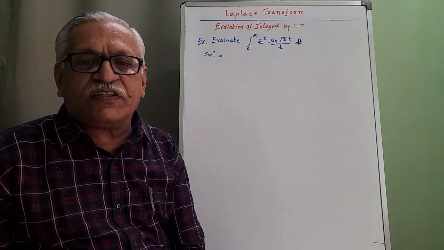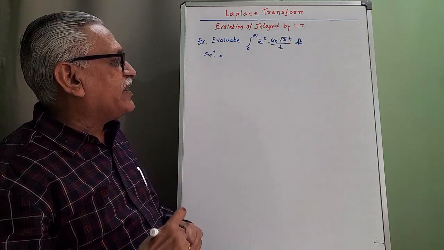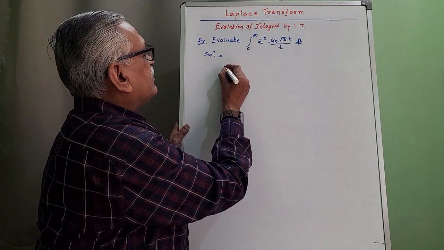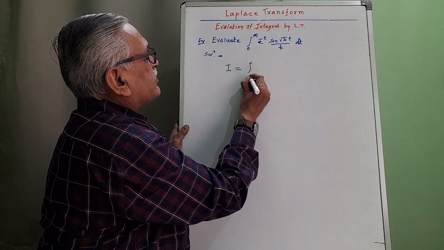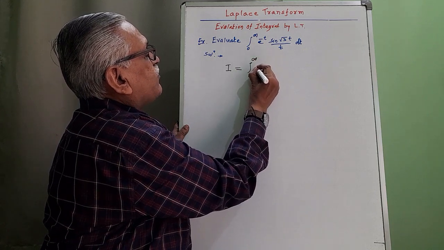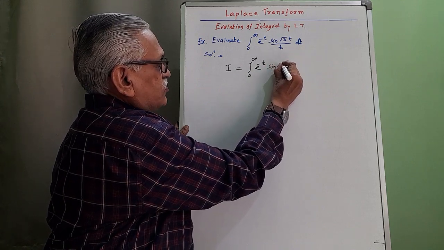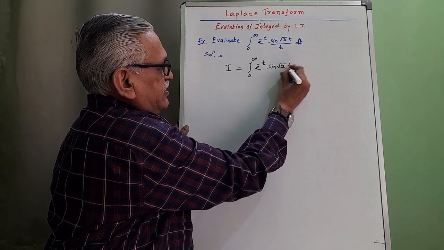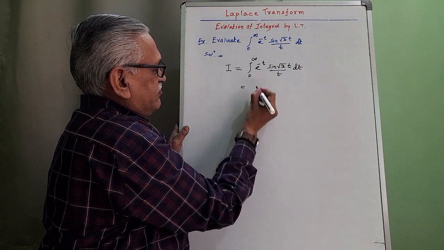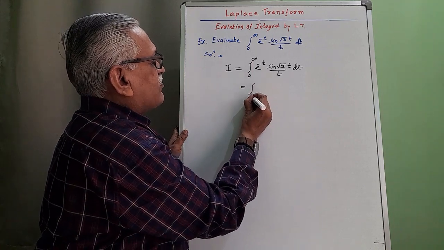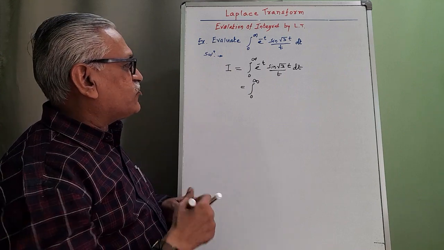Whenever we have to evaluate any integral by Laplace transform, we try to convert this into the elementary definition of Laplace transform. Therefore, let us consider the given integral as I. It is integration from 0 to infinity of e raised to minus t sine of root 3t divided by t, and its integration with respect to t. We rewrite that as the integral from 0 to infinity, this e raised to minus t term as e raised to minus st,